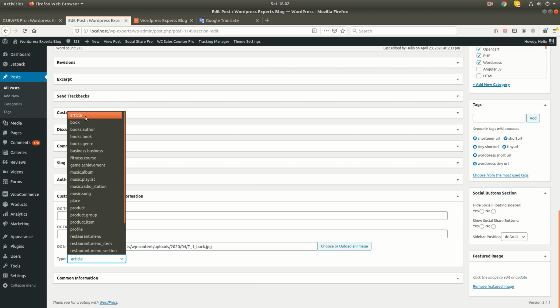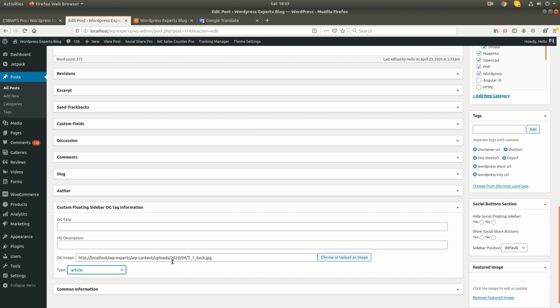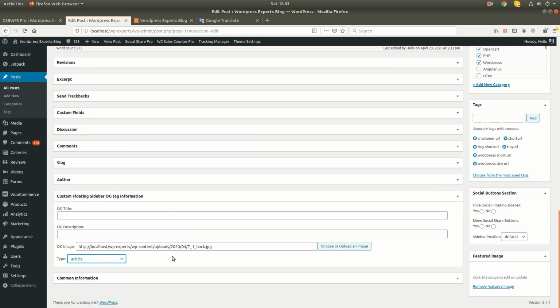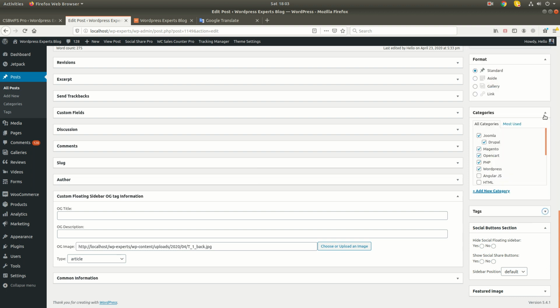If article, then you need to choose article, and if you are publishing any post related to a book, then you can select this one, otherwise you can leave it with the default value. We have given this feature currently in this add-on.